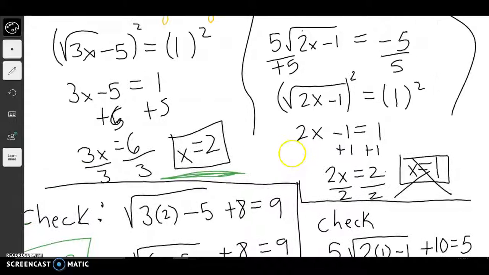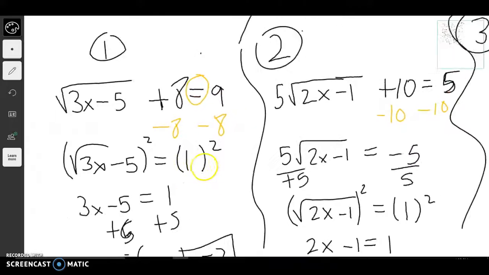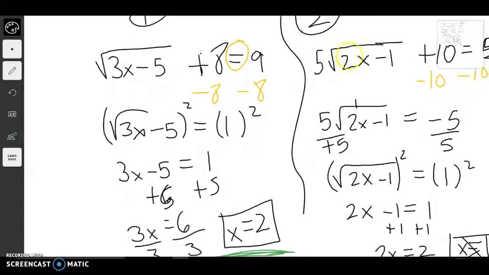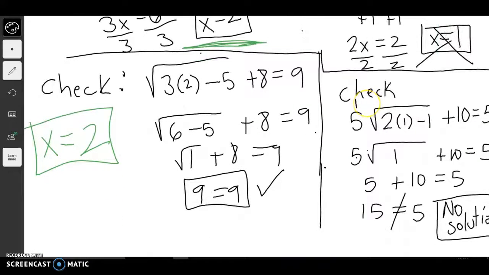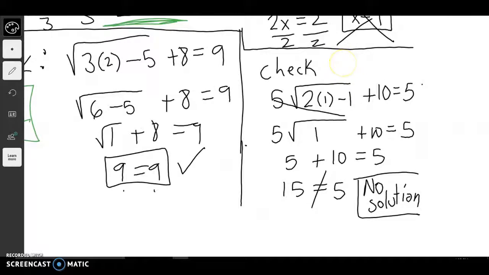So again, in these two examples, we solved them just like we did yesterday, but at the end, you always have to check to make sure if your solution really is a solution or not. And sometimes it will be. So if you get that this side and this side are equivalent, then you know it's a solution, and x to the second is good. In this case, we looked and we go, oh, 15 is definitely not equal to 5, so it's not a